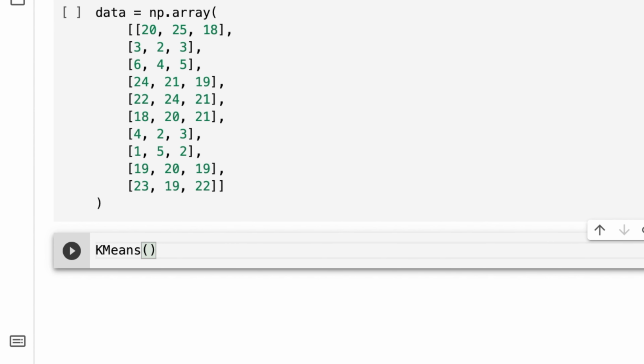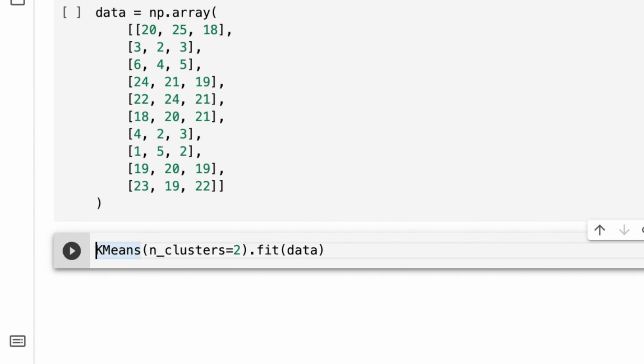The number of clusters is provided as a parameter, n_clusters. We set n_clusters equal to 2 because we want to discover 2 clusters. After providing the parameter, we access the function called fit, where we provide the data as a method parameter. Practically, this is it. The clustering will be performed.